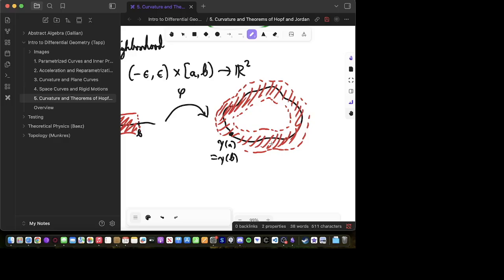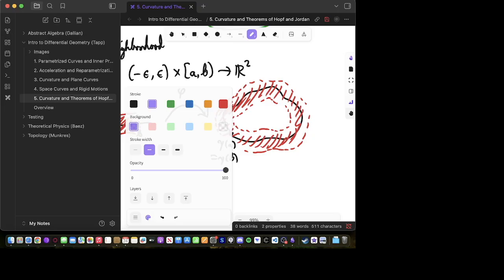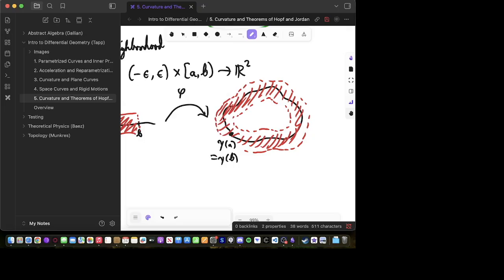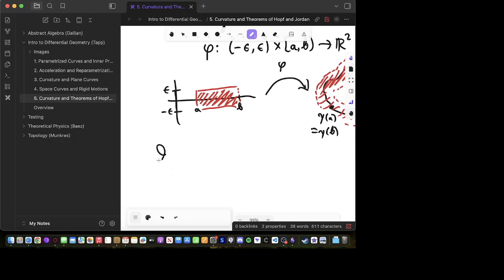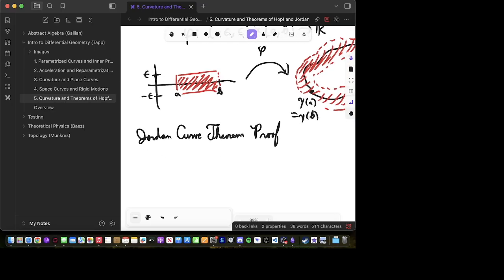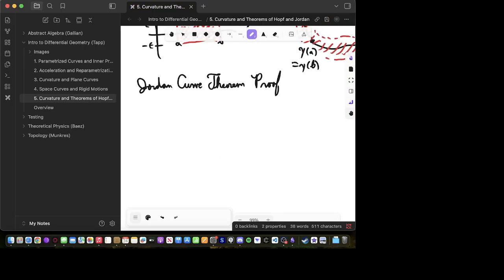So now let's look at the proof of the Jordan curve theorem. I mean, you would think that I would have it easy because I have my book right here, but the book doesn't always show all the explanations and all the steps, and I have to remember to fill it all in and how things work. So, all right,